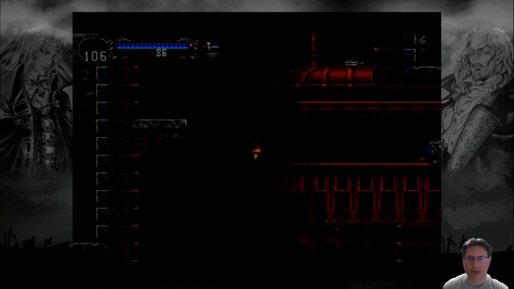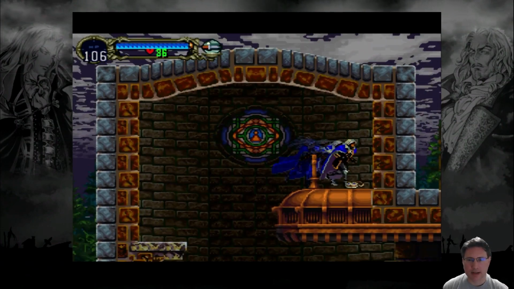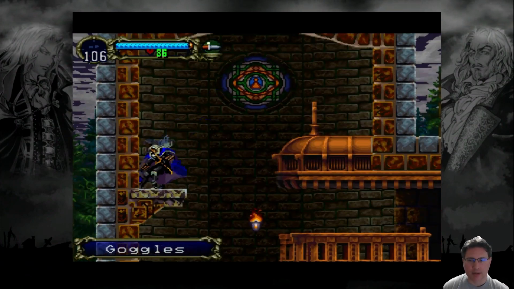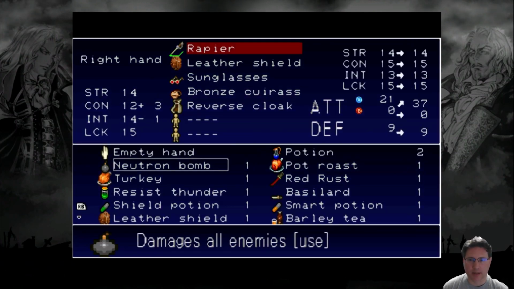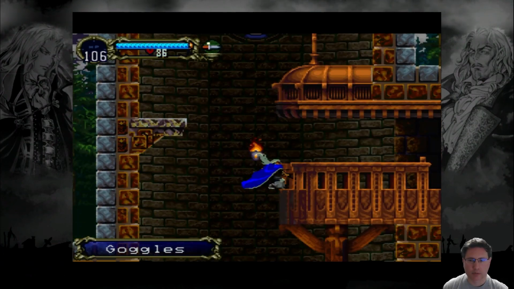Hop up here. If I can make this jump... Nice. Usually that takes me a couple of tries. But now I have the awesome looking goggles that have a +5 intelligence, because goggles make you look smarter